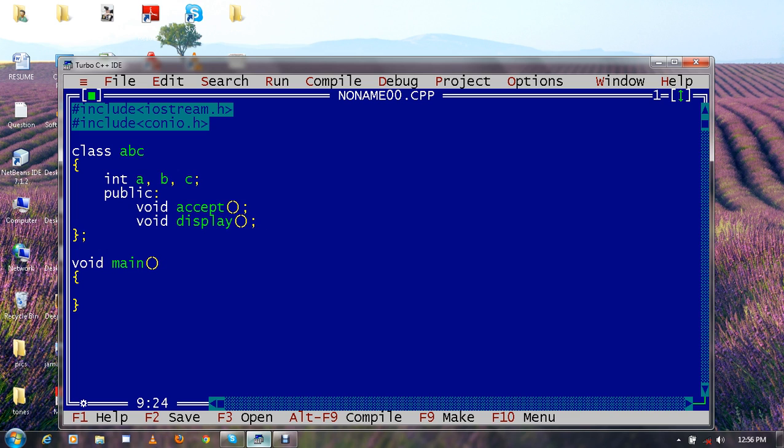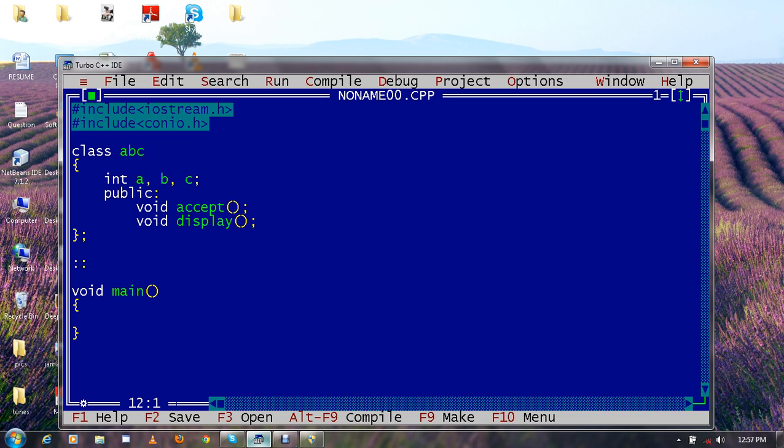Now in this case, if you are declaring any method in the class, you will define it outside the scope of the class. So how can you define it? You can define it with the help of a scope resolution operator. The scope resolution operator is used to define the methods declared in the class outside the boundary of the class, which I have told you to write. So now let's see how it does it.